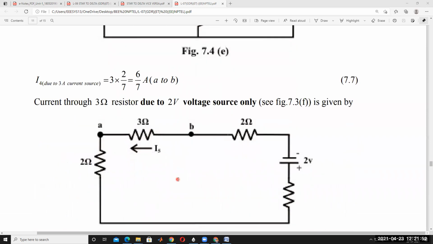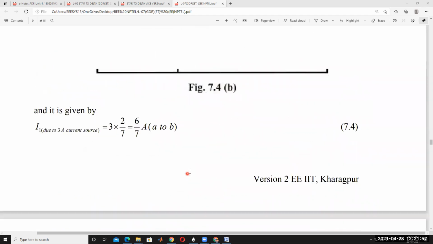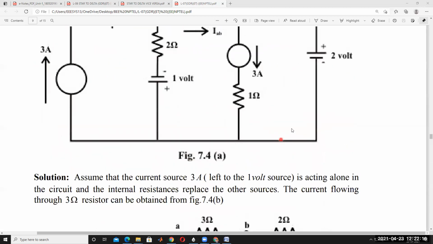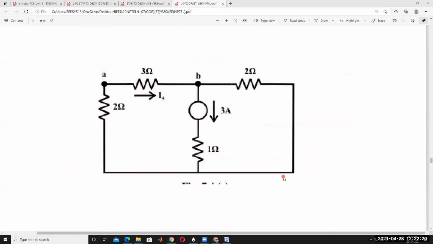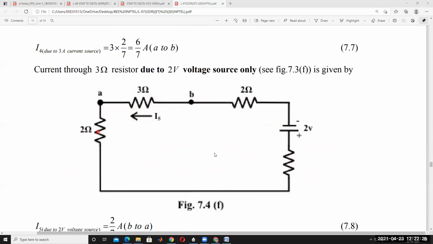Understood? And then next, what is the last source? So this is the last source. Okay. The voltage polarity plus minus is such that the current direction is A to B, but the polarities are interchanged, so the current direction is B to A. So that is the correct answer. For simplicity, the polarities are interchanged in this manner in this question. Okay, so activating the last source, we'll get the circuit like this.